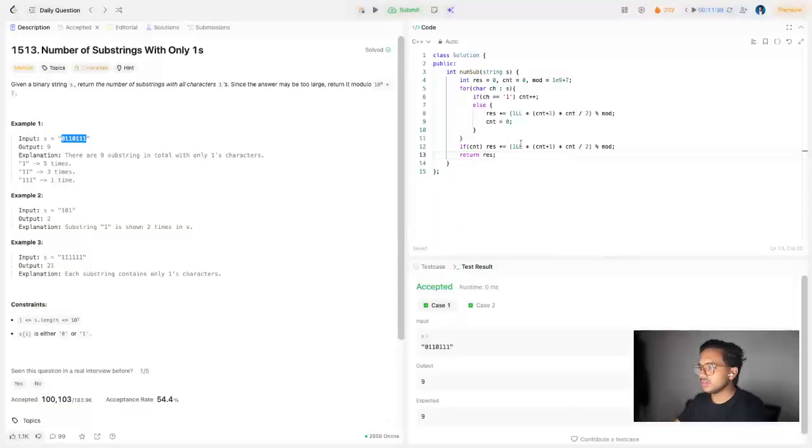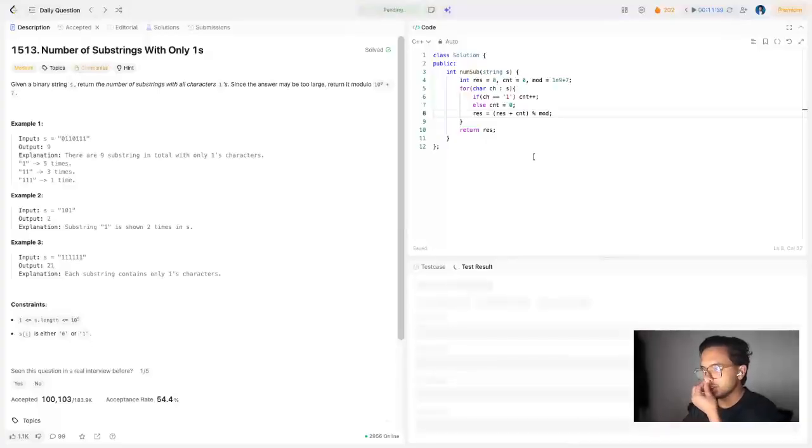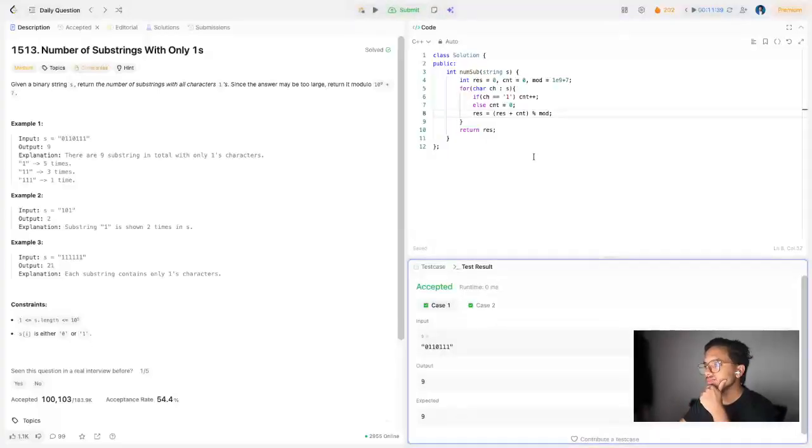So what I'll do here, I'll say else make the count equal to 0, and then each and every time response will be response plus count. That's it, and just get the mod. If I run it, it is accepted. If I submit it,